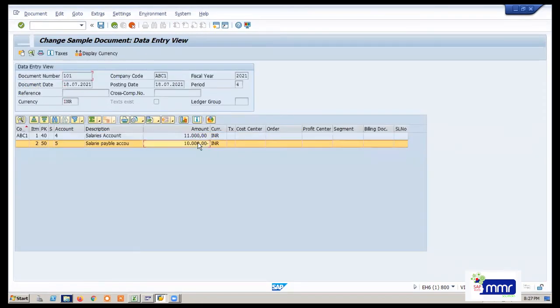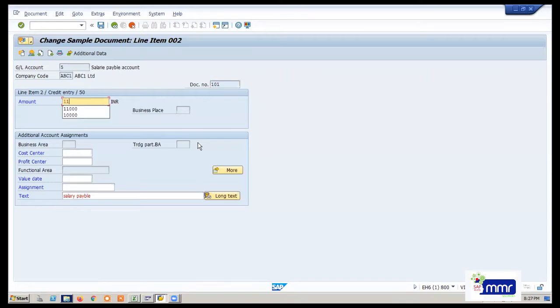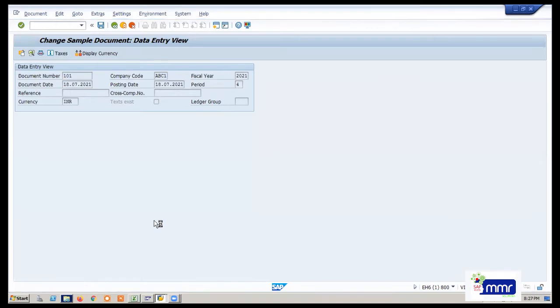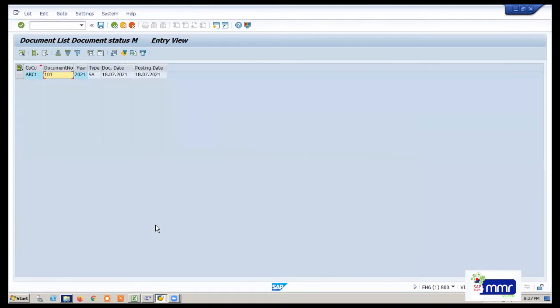See, sorry, this also you have to change with 11,000. Go on document overview. You can see now it is changed, and you save this. So changes have been saved.